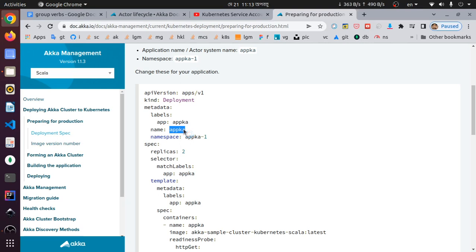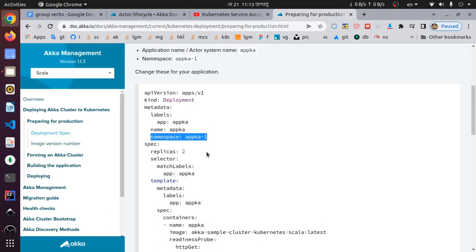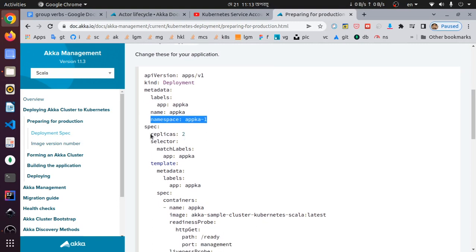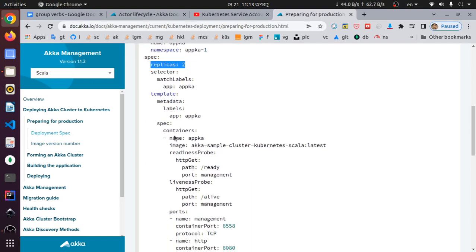If it is Akka, the actor system name needs to be Akka, and if it is different, the actor system name needs to be different. You need to follow this, and it mentions in which namespace it needs to be created. The deployment configuration says that it is going to create 2 replicas,